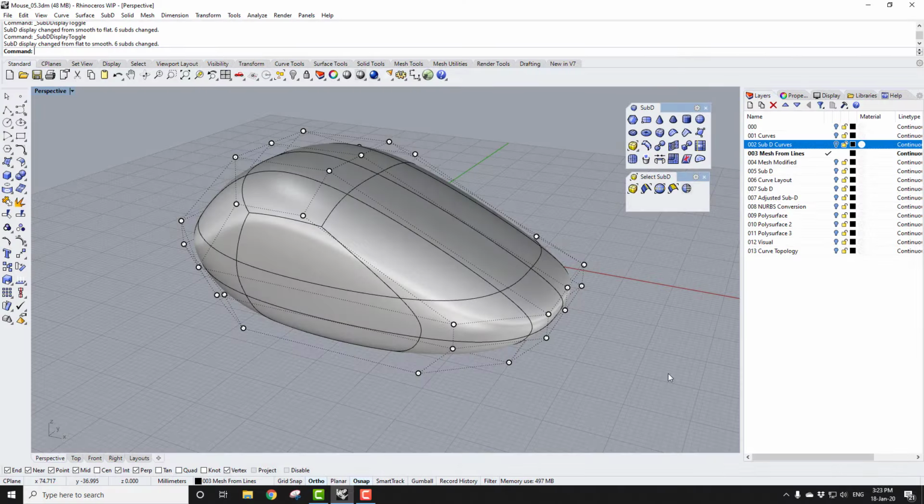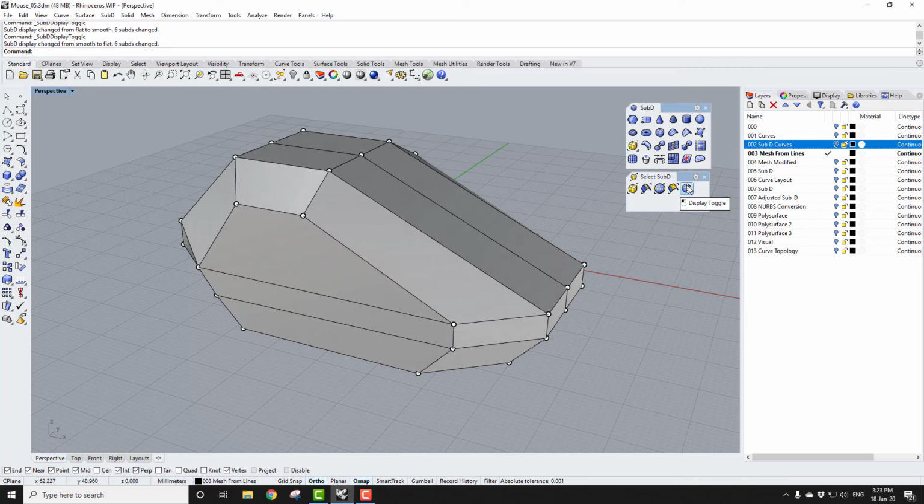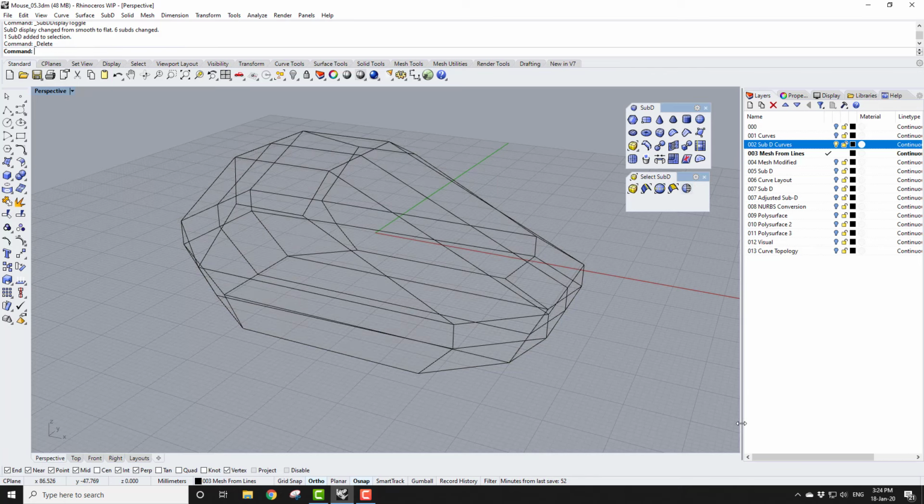Another strategy to develop a shape in SubD is to consider using the control point or vertex positions and start with the metaphor of the boxy rather than the smooth SubD object. This is a workflow that you may be familiar with if you've had experience of Clayoo or T-Splines. So here, for example, I could start by creating a series of lines that define the control point layout of